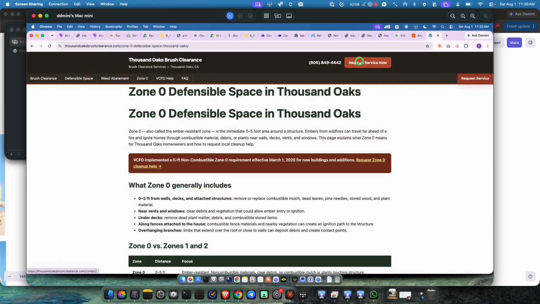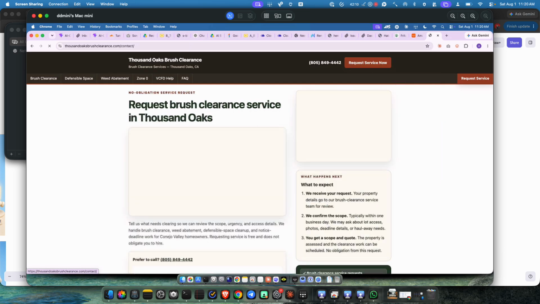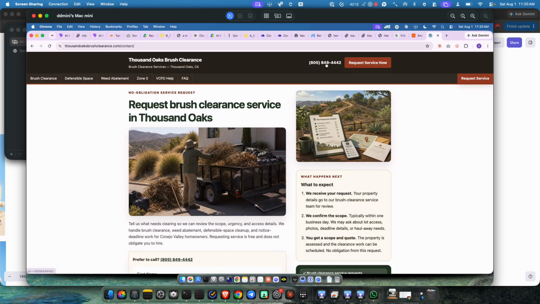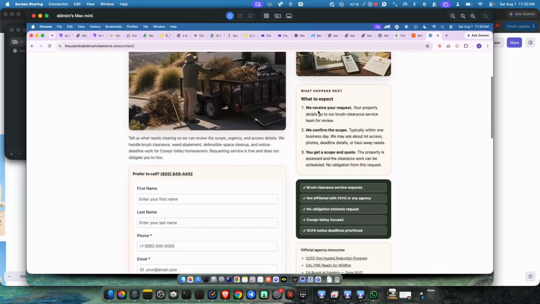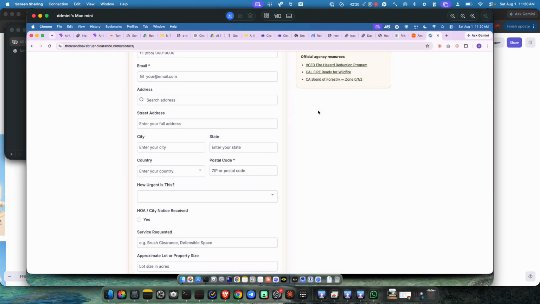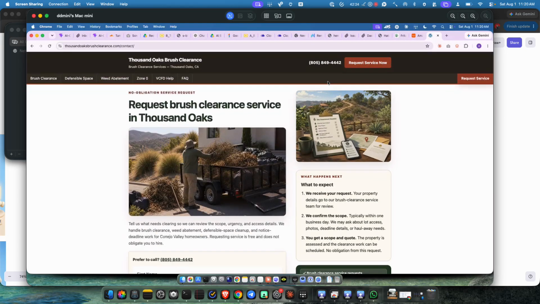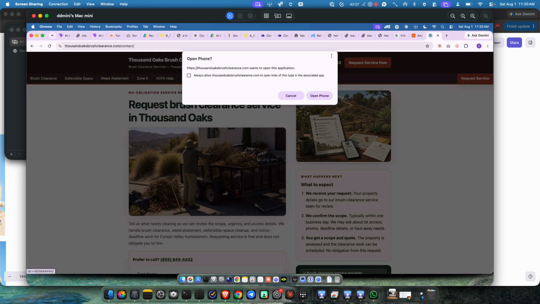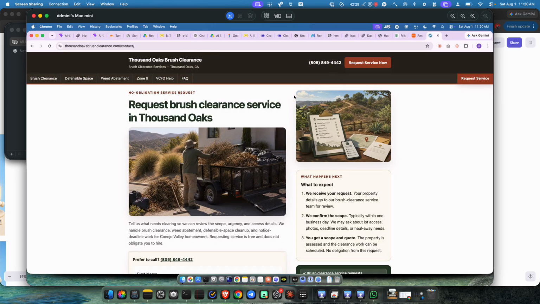But this is hooked up with Go High Level. This phone number actually has an AI answering thing now. And this form is all connected to Go High Level, so it logs every lead that's generated. The plan is just to start marketing it, getting it going a little bit. I got somebody over in Thousand Oaks that I'm hooking up with all these leads for free, and then eventually when it starts generating money,